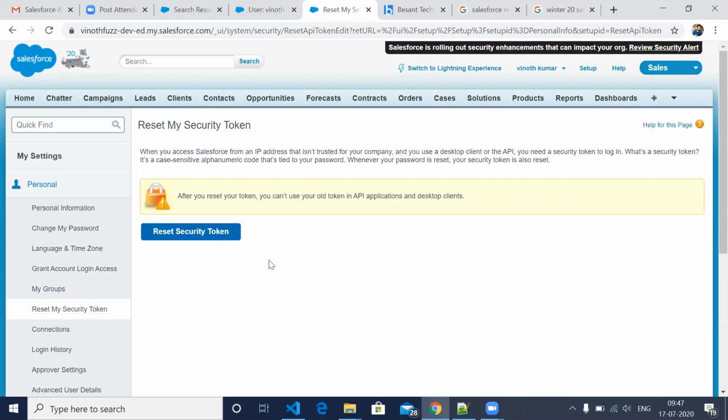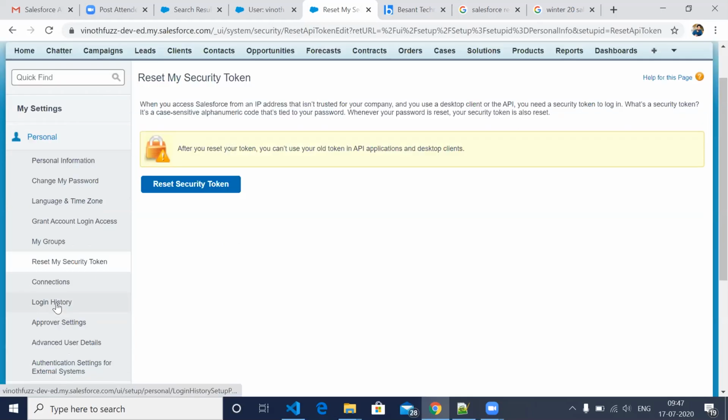Whenever some system like that tries to access Salesforce, at that time we need to provide this security token to them. For that we have to create it here. When we go into development, we will understand more. Just have a small understanding of what a security token is. It's like a unique key per person, so you can give it to other people so they can access your things.